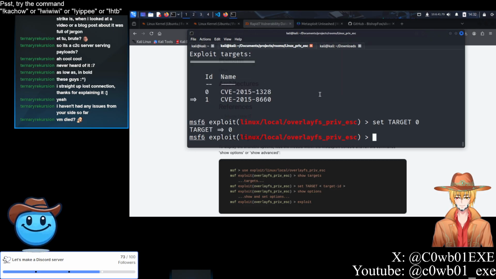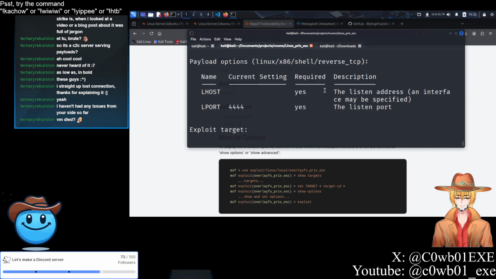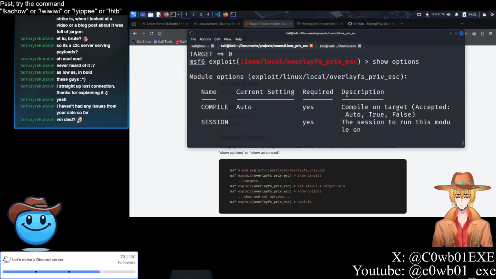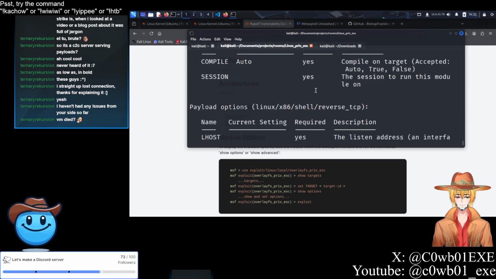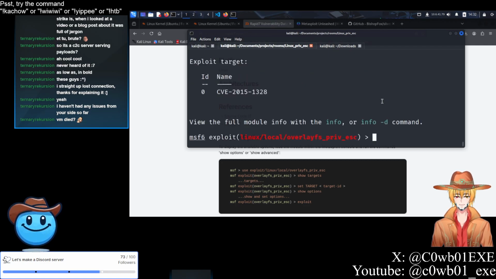So while it's doing that, and we have some time to keep going, we want to use this 1328 because we found out that that's the specific one. Show options. Okay. Payload options, reverse TCP, LHOST. Required, yes. Listening port, okay. So I think it just needs our listening